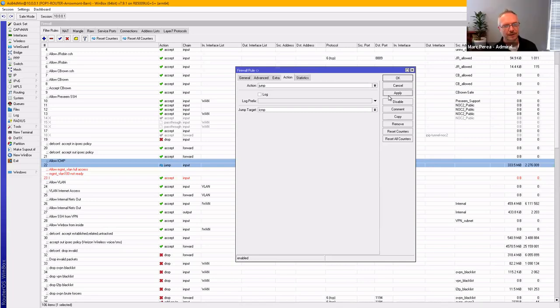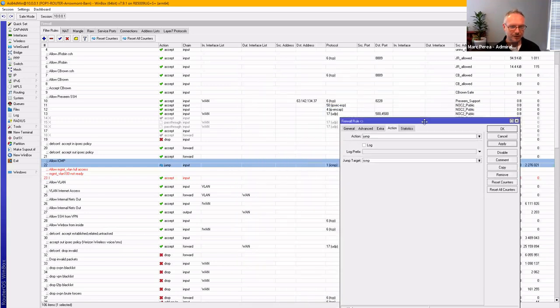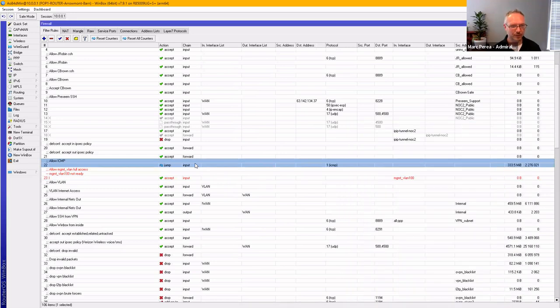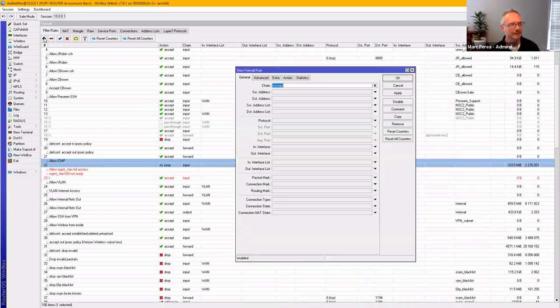Yep. So now what you'll want to do is build a new firewall rule that accepts that ICMP. Right now it's jumping to a chain that doesn't have any rules on it. So if you hit a plus now, our chain is going to become ICMP instead of input. So now the only way to get to this is by being on an input ICMP type. And so now we can say,